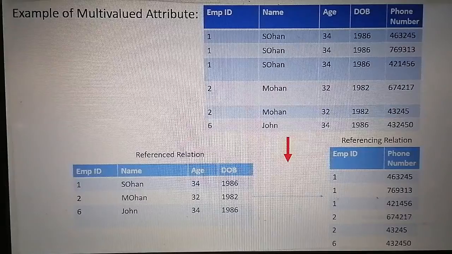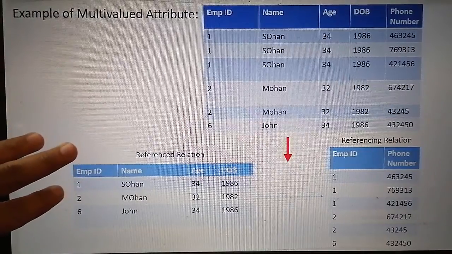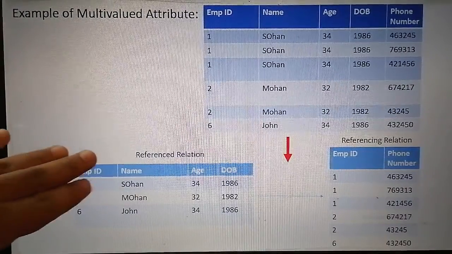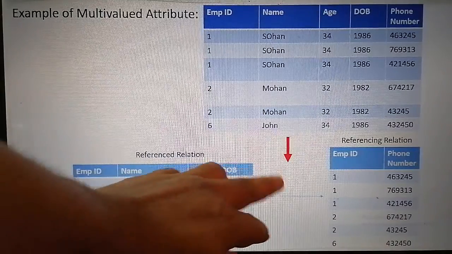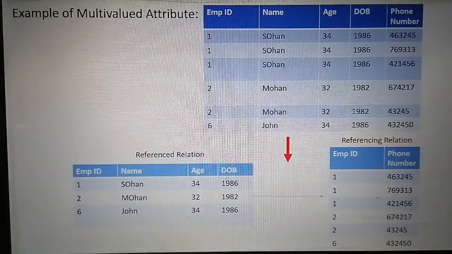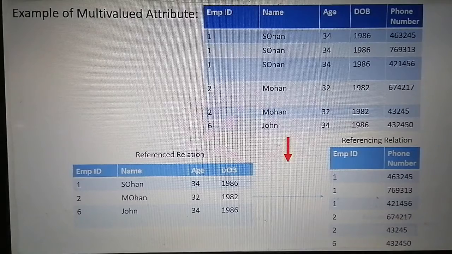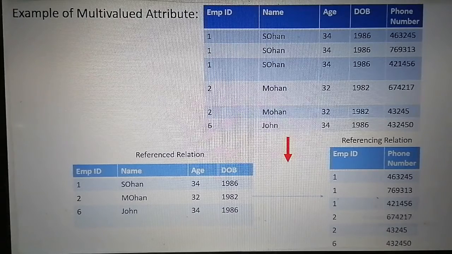And the employee relation will no longer have the phone number attribute. This is how we will manage the multi-valued attribute.